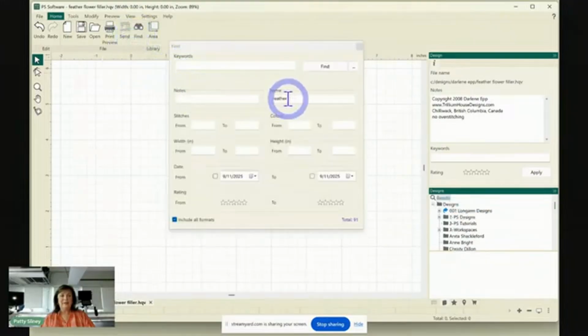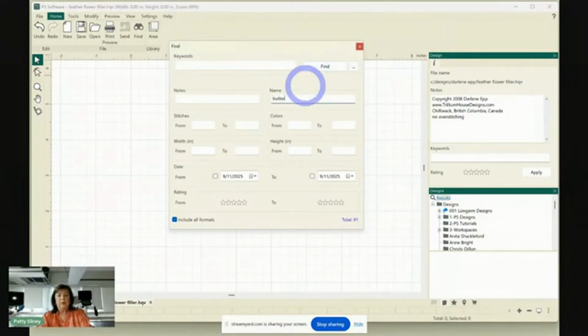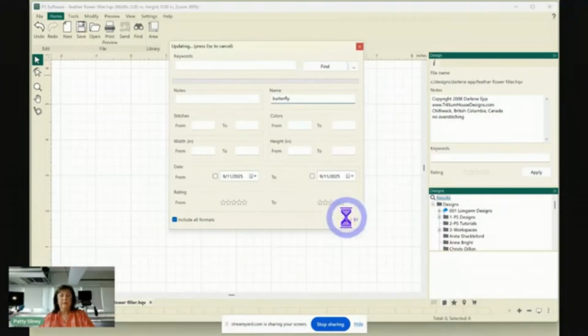We're going to use, I don't want to use this, so let's clear my filters. Keywords, let's use name butterfly, I just want one. Fly, enter. It's thinking. A lot of bandwidth here. Sorry it's taken so long. Shouldn't take this long, but I have some other programs running, so